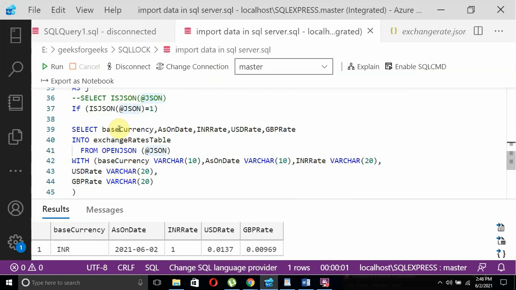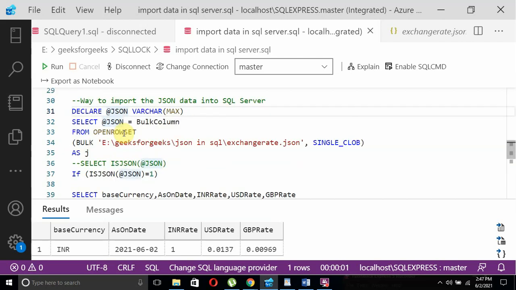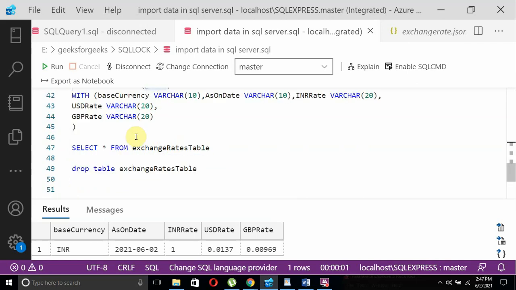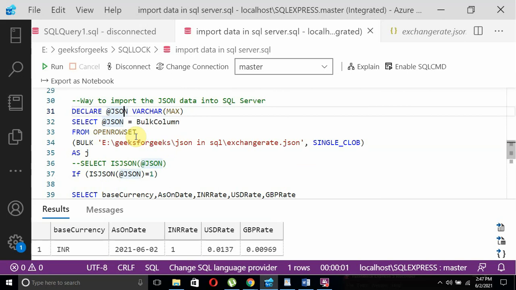And if it is a proper JSON, by means of this OPENJSON method we can read the data and store it into the SQL Server table. So this is the way to import JSON data into SQL Server.